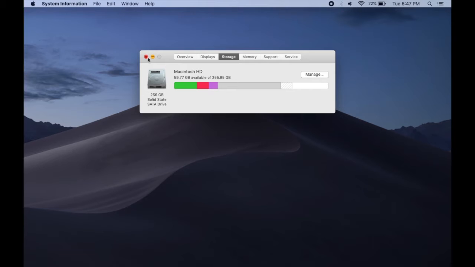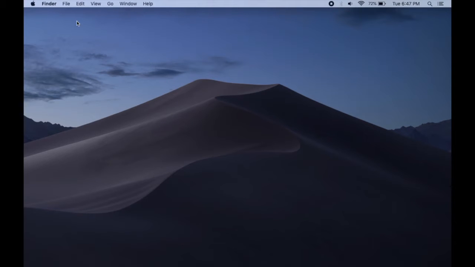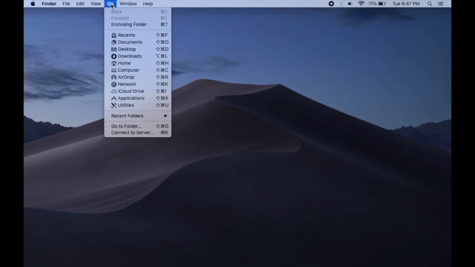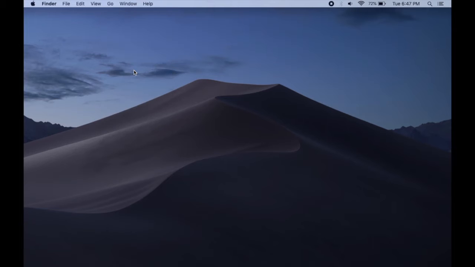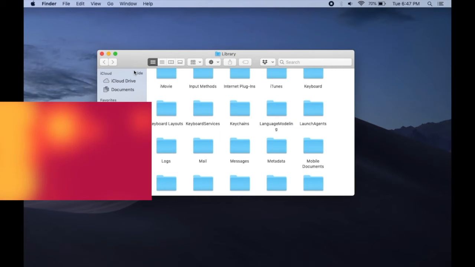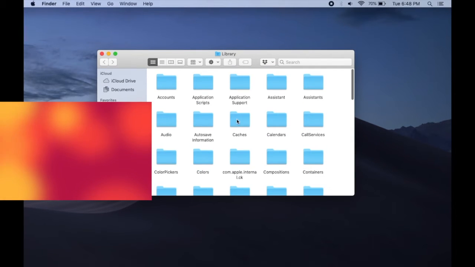So we can close both of these and we want to make sure that we're on the Finder right here, and if we're not, we want to go to the Finder by clicking on the desktop. Now what we want to do is click up here and do Go, and hold down the Option key on the keyboard and click on Library. Now once you're in here, you want to go to the Caches folder